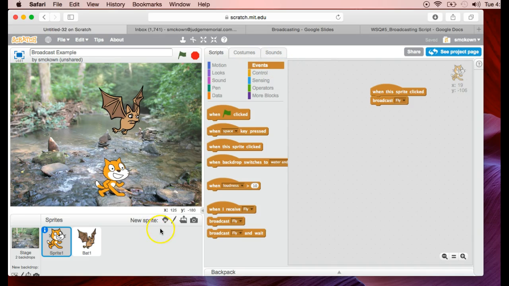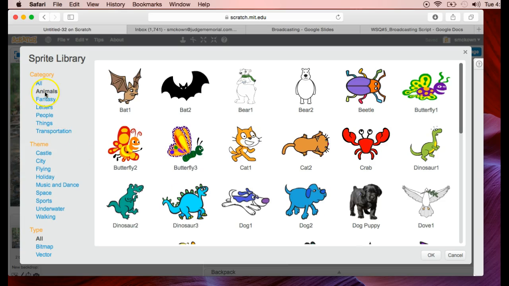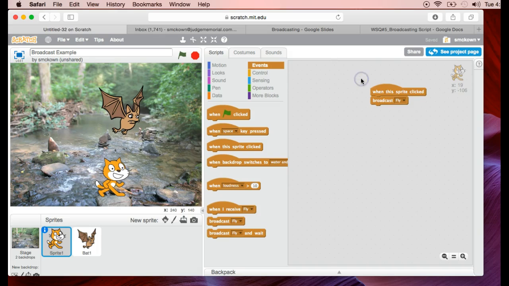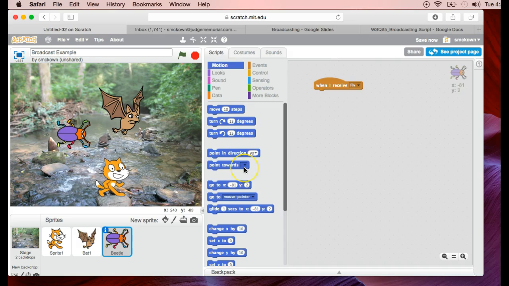I'm just going to pick another sprite real quick. Let's pick an animal since we're in that theme. Why don't we have the beetle? We'll click on him. Alright, so the beetle, when he receives fly, well, maybe he won't fly, maybe he will glide. So we'll go to the motion command. I'll have him glide 1 second. That's going to be pretty fast,